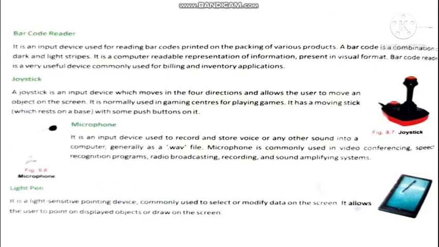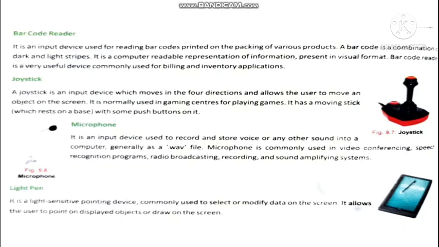Next comes the barcode reader. A barcode reader is also an input device which is basically used in all malls or any shopping complex where they need not go through the product to find out what the product is and what its price is.